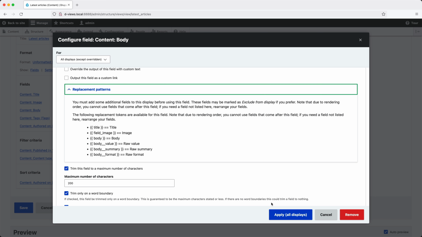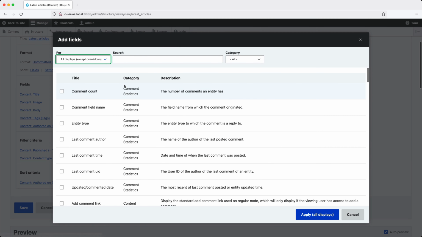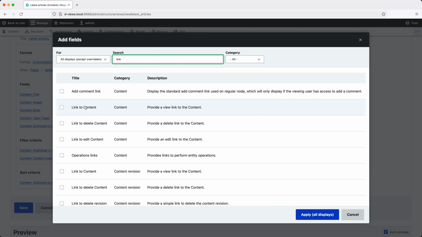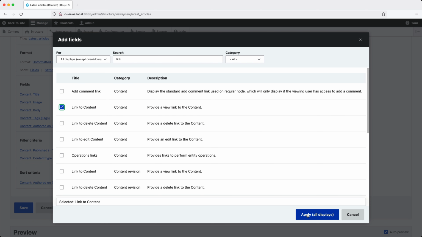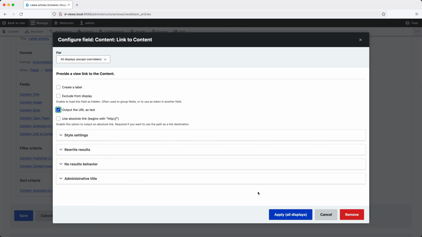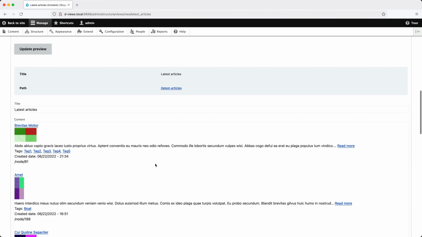So click on apply, and then click on add next to fields, and search for link, and then select link to content, then apply, then check output the URL as text, then click on apply. And if we scroll down to the preview section, we can see the field below created date, and it's just showing the path. But if we go back into body